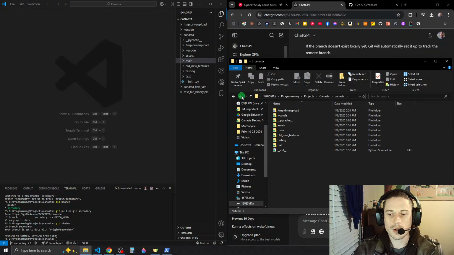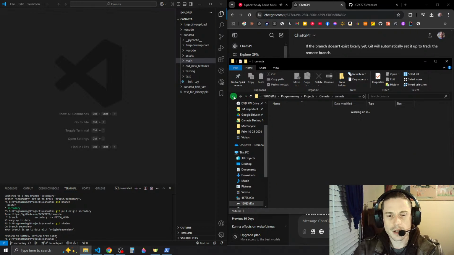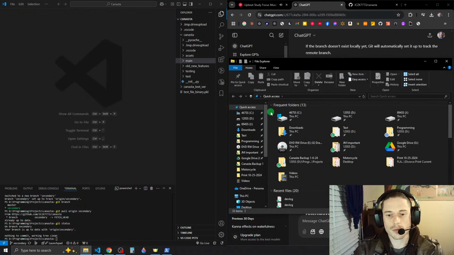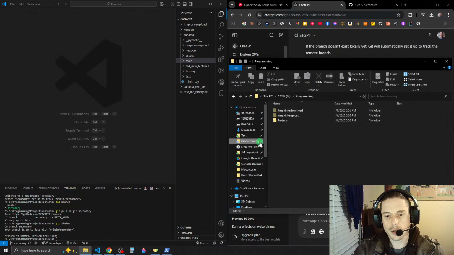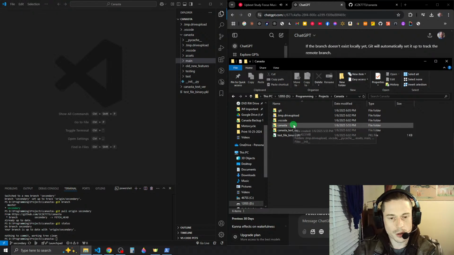And then we enter into it. See, this is different. The repository or the directory here shows capital C Canasta, and then little c Canasta.